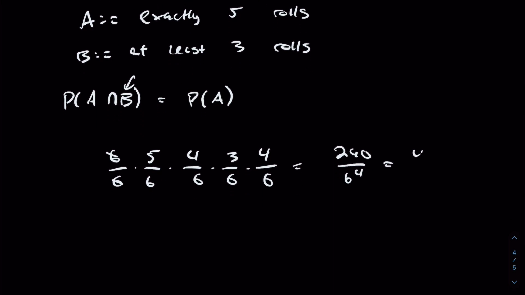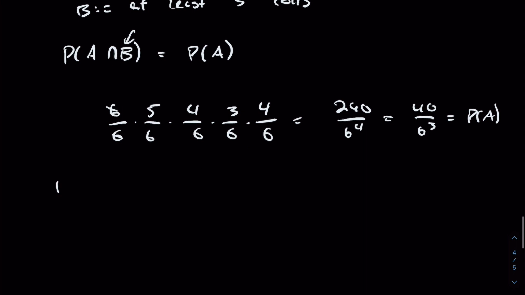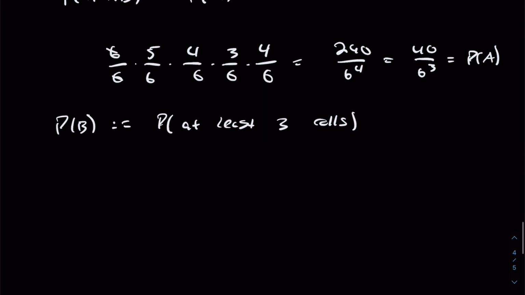You can simplify this to 40 over 6 cubed. And this is probability of A. Now let's solve probability of B, which, just to reiterate, is probability of taking at least 3 rolls. This is also equal to P sub 3 plus P sub 4 all the way up to P sub 7,